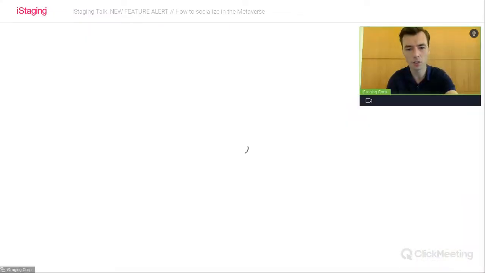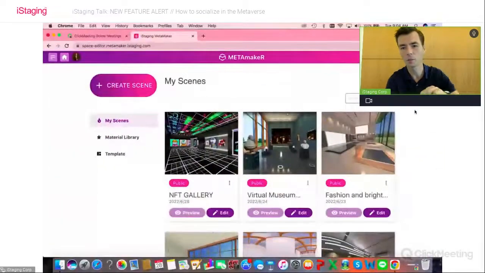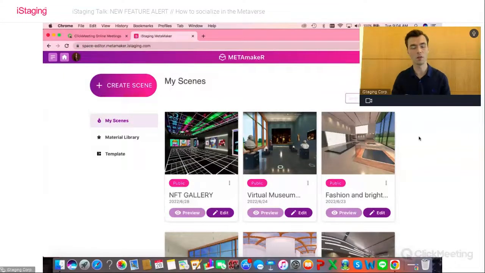Now, while I'm sharing my screen, I will not be able to see the chat. All right, I think you should be able to see my screen right now. I'll be looking to my right every once in a while and making sure with Phoebe that you can still hear and see me. And in case anything goes wrong, we can stop and fix that so you don't miss anything.